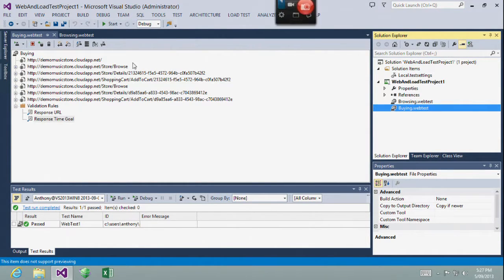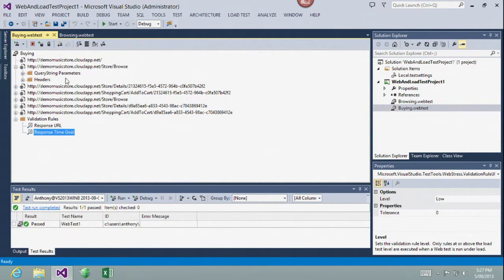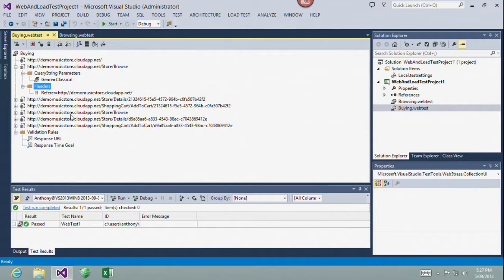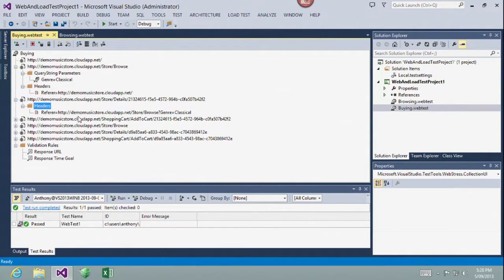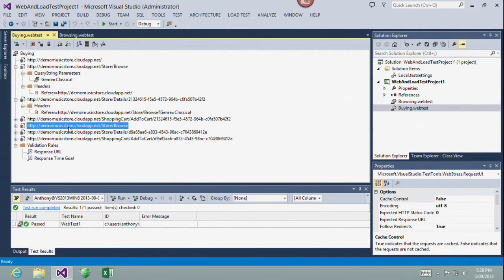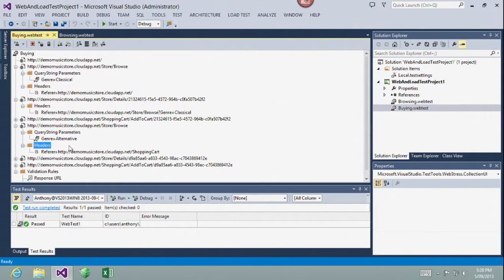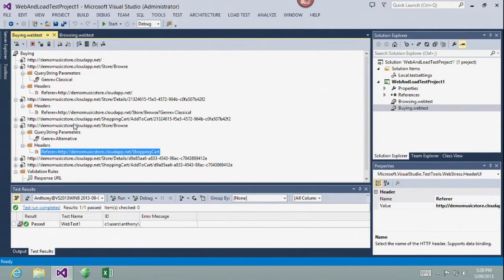All right. If we have a closer look here, you can go in and see my query string parameters. We've got some information being passed across through the HTTP headers. Okay, we've got that header still passing across there. Query string parameter. We can go and have a look at these things. Yes, sir? Does the recorder pick up XML HTTP requests? Yes, it does. Any traffic back and forward from the server. So that should work just fine for you.